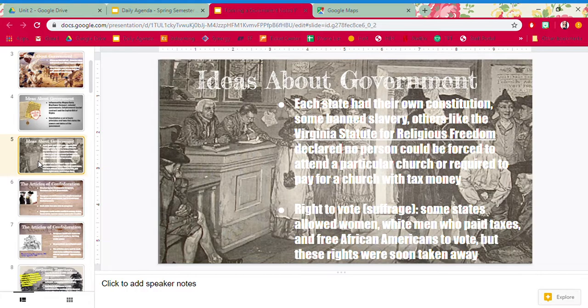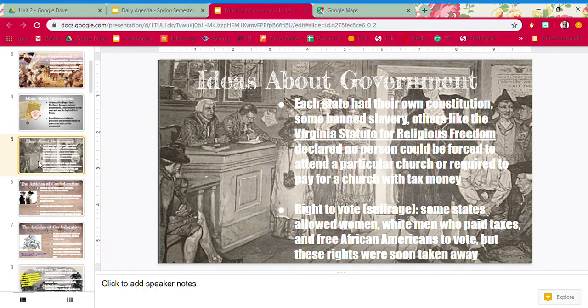And while this seems like something like, oh yeah, duh, that makes sense, it's something that we have today, right? Religious freedom. But if you think back to our Americans, they used to be the colonists, right? Back in England, they weren't free to believe what they wanted to believe, and many of them were treated very poorly because of their beliefs.